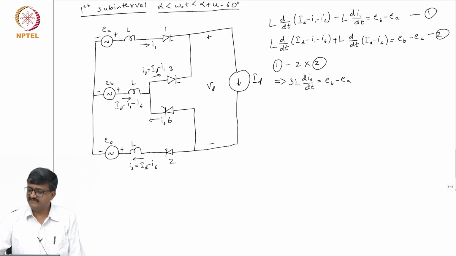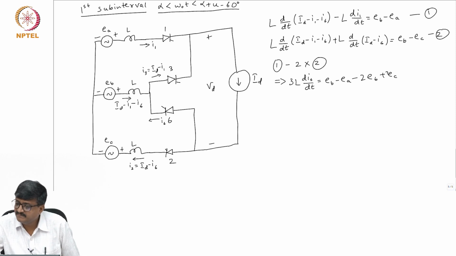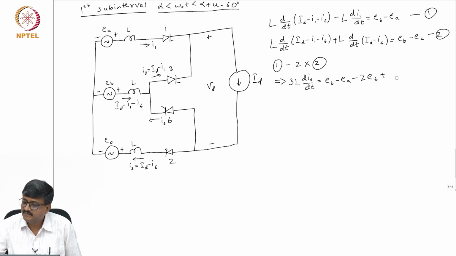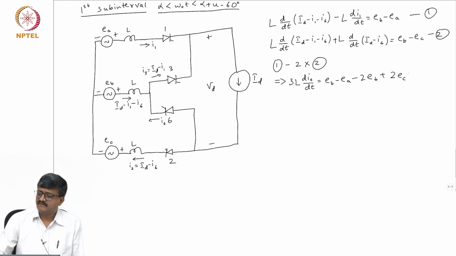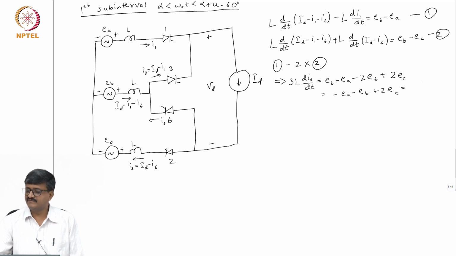So, it is EB minus EA minus 2EB plus 2 EC. So, this gets simplified to minus EA minus EB plus 2 EC, which is nothing but,